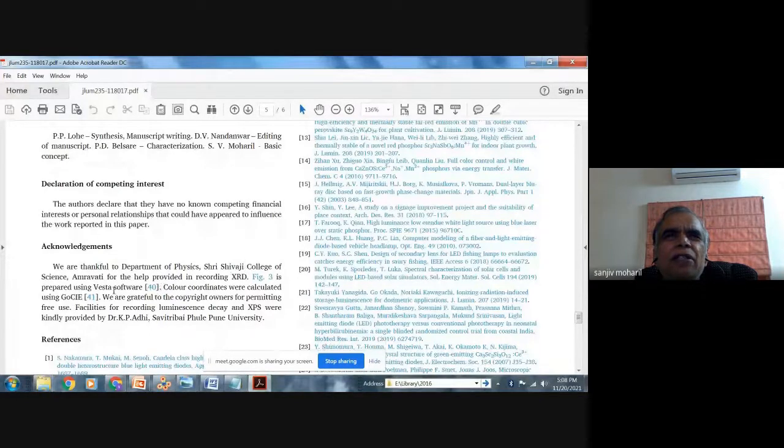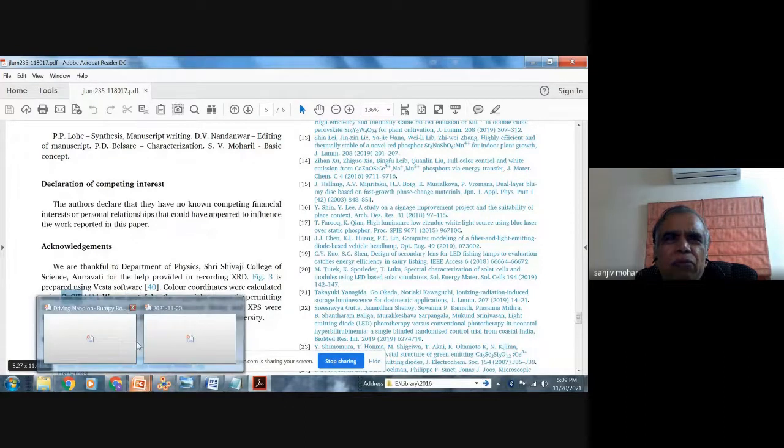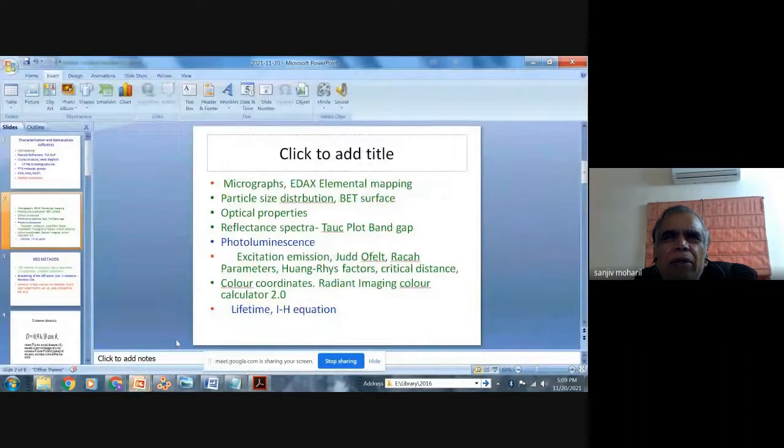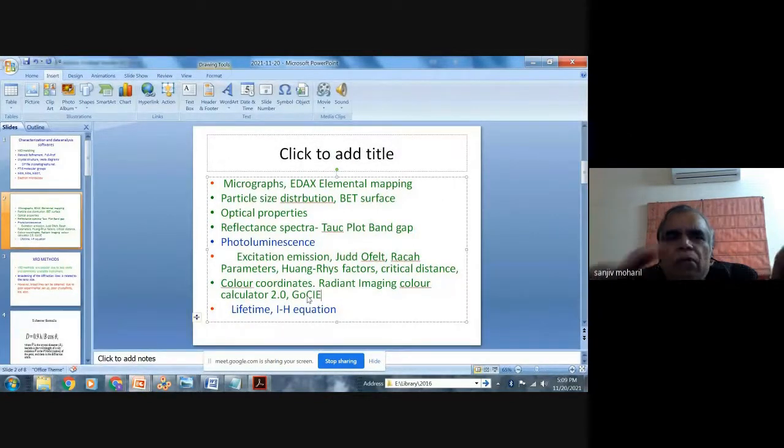Yes, GoCIE, GoCIE. This is another program. On the IIT Kharagpur website, you will get this GoCIE program.